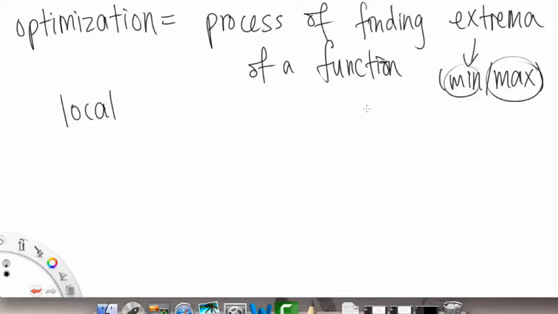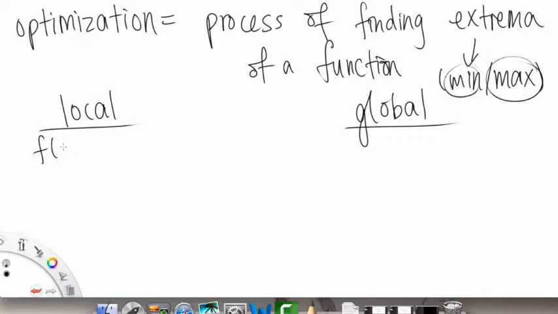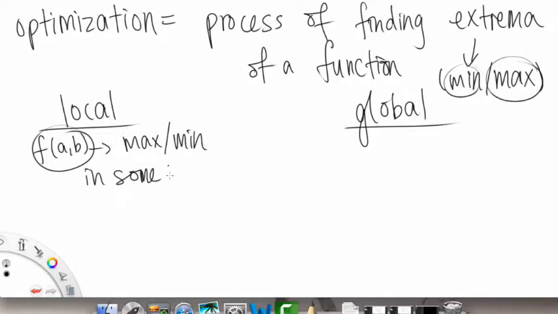Local, as the word might imply, is more concentrated in a small area. That basically means your f of a b is a local maximum or minimum in some small